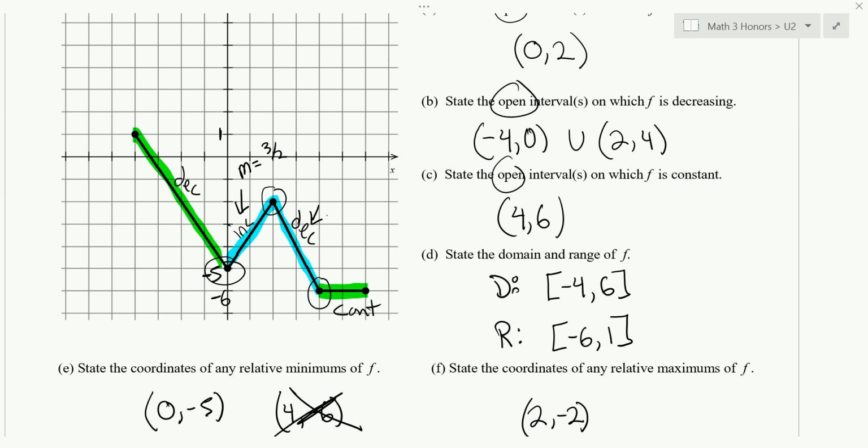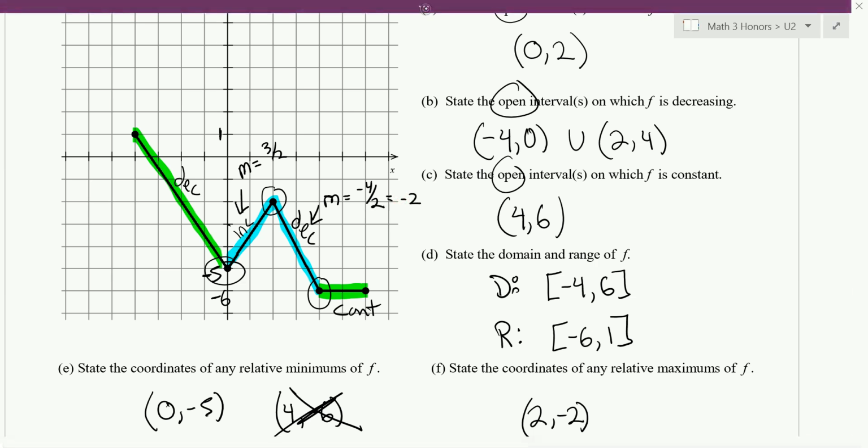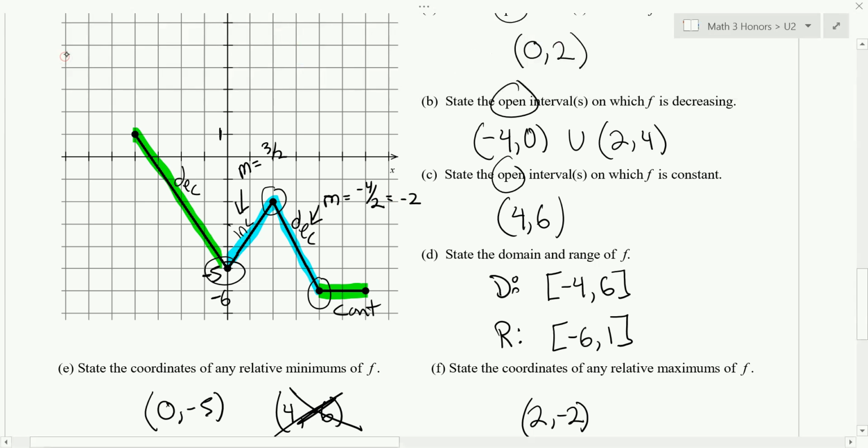And here we have a negative 1, 2, 3, 4 over 2. So negative 4 over 2, which is negative 2. And so, yeah, definitely not matching up. So just wanted to point that out. We can't break it up that way. So